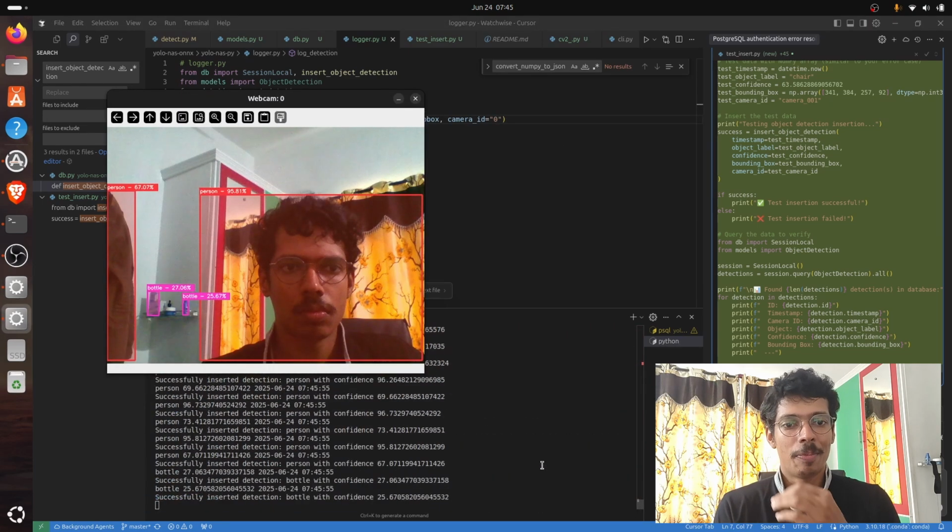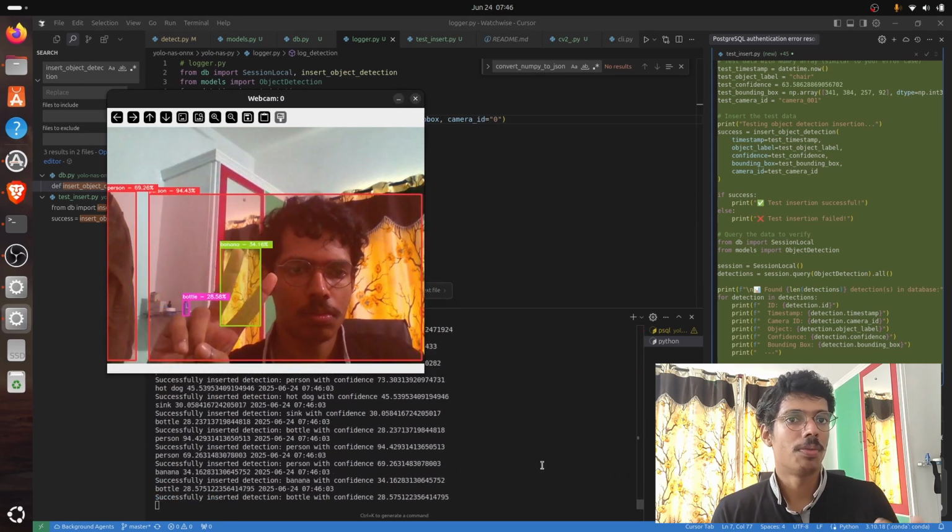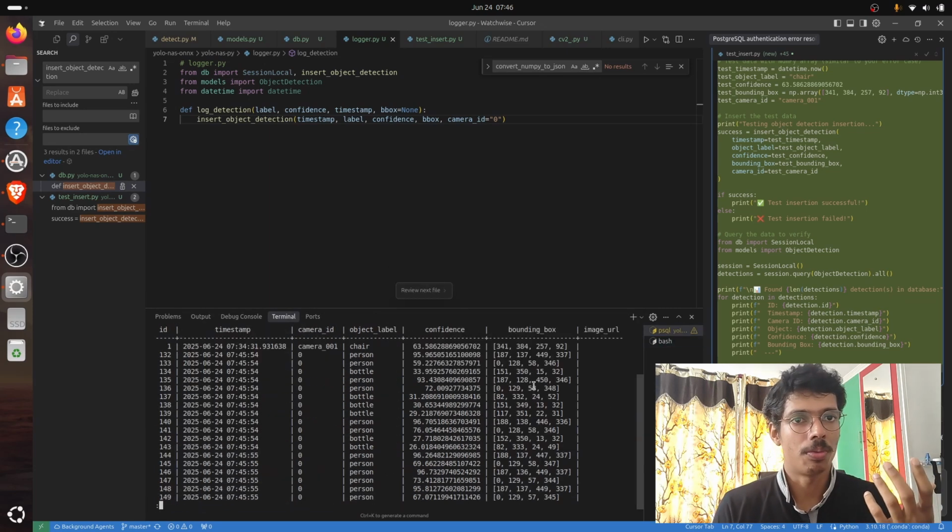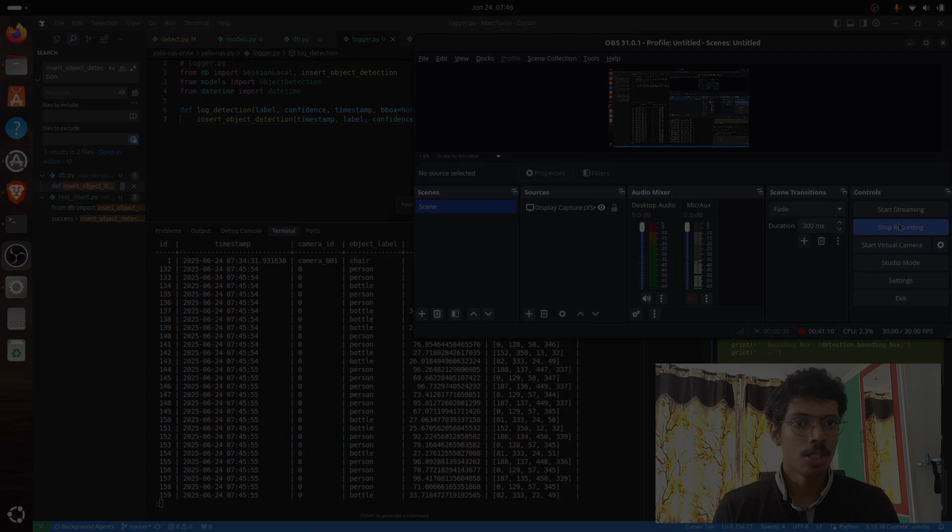So like I said, we might have to figure out a way to identify the actual camera. That's all for today. Tomorrow we might try to figure out an actual ID for the camera, as well as work on the next part, like starting on the edge side, maybe Raspberry Pi, or try to figure out an LLM to interact with our database. I have never done that, so maybe I will stumble there. I might need some help from OpenAI or Cursor in that matter as well. So yeah, let's see you in the next video.